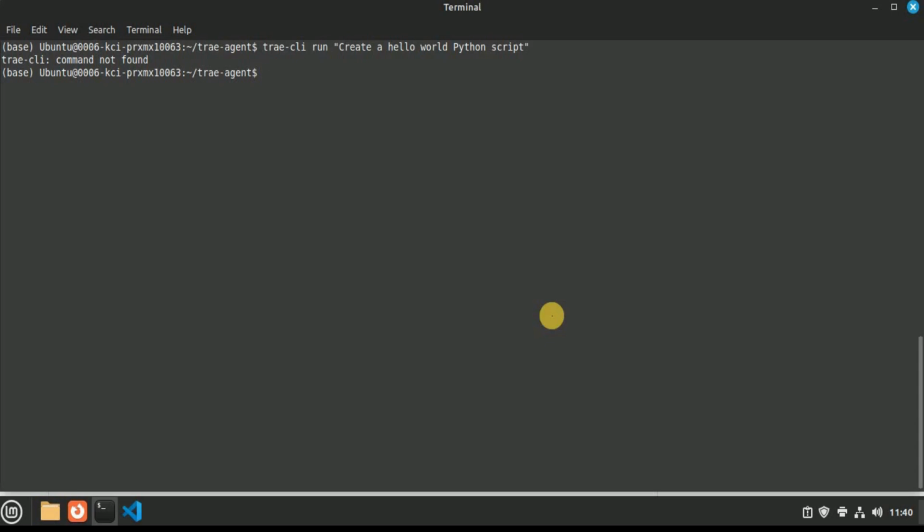Alright, so here it is saying that tray CLI command not found. This is because we haven't created any virtual environment. So you need to create a virtual environment and then run this command. You need to run the command source